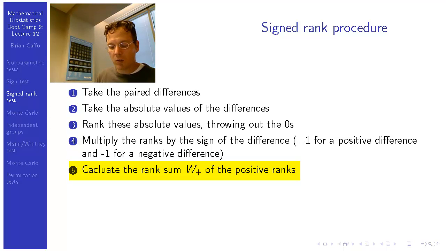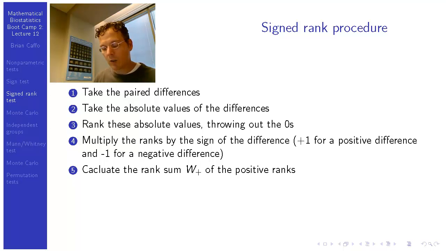Now, think about what this is doing. Let's suppose we did have the case where all the big measurements were positive and all the smaller measurements were negative, smaller in absolute value differences. Then what you would see is that all the small ranks would have a negative sign and all the large ranks would have a positive sign. So the signed rank statistic would be very different from what you would expect by chance, where the signs are distributed equally among the ranks,